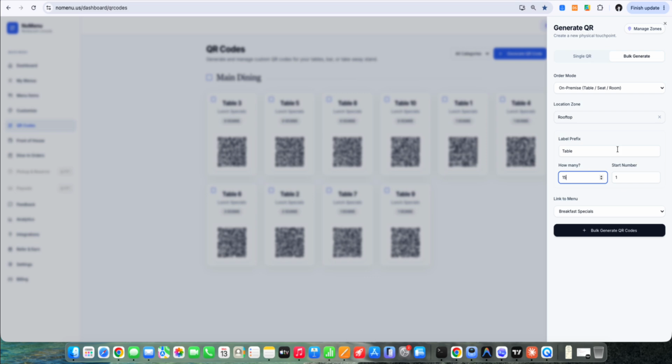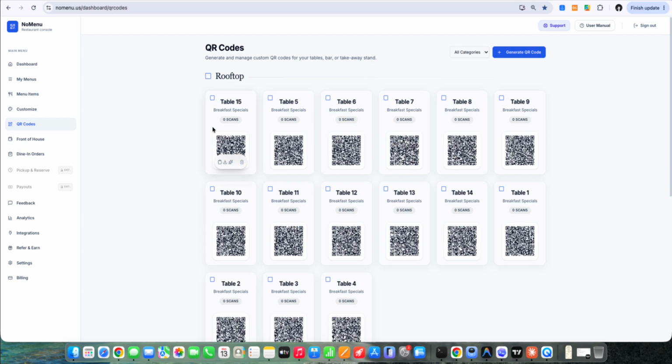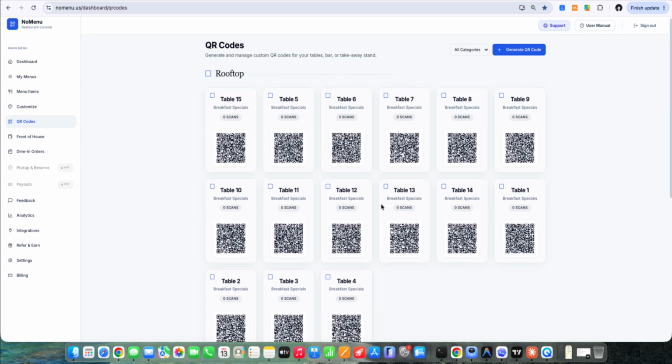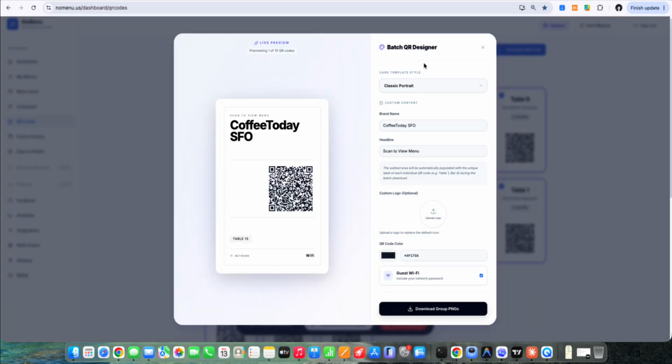Okay, I'm selecting on premise and tagging to this breakfast. Now generate the QR codes. You see, it instantly created 15 tables on the rooftop. So I have 15 tables where I can customize the entire batch at once by the QR